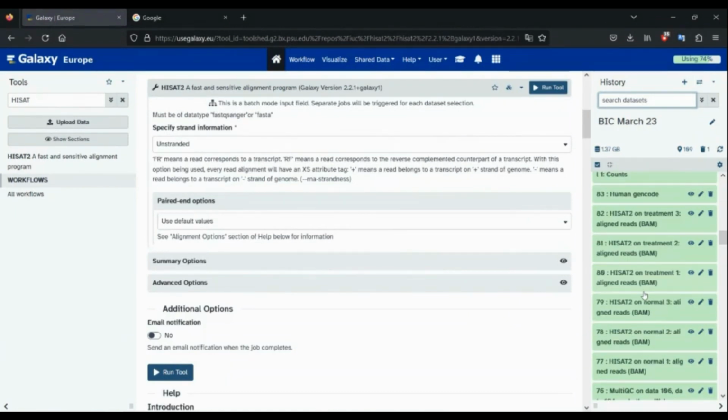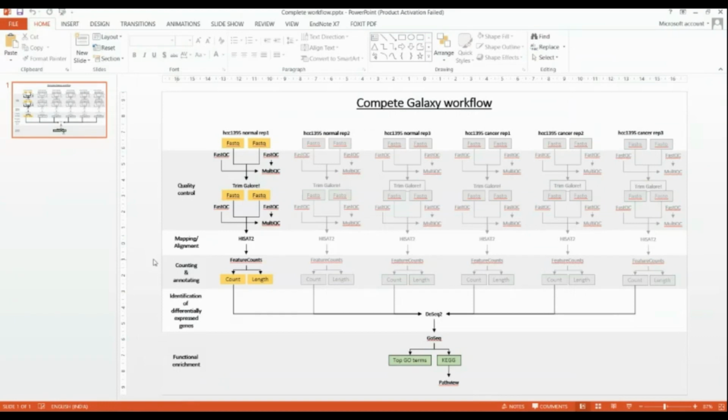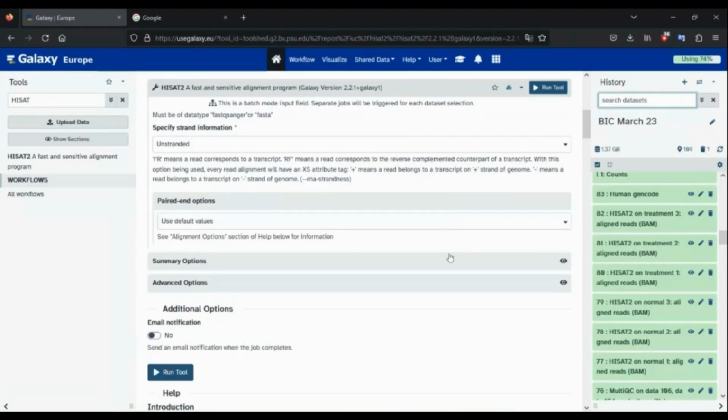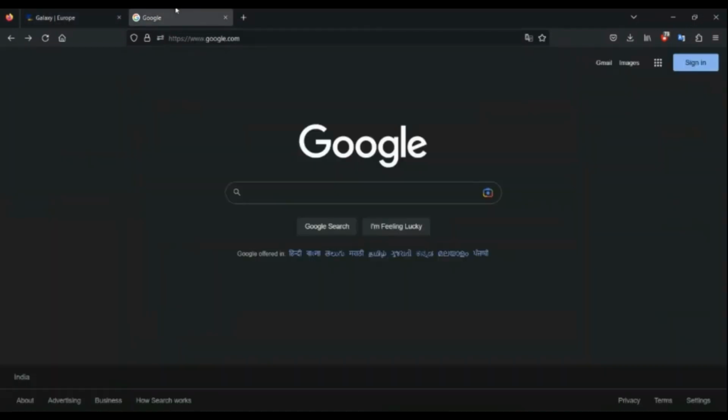While the data is still running, let's do something. We know that with the next step of the process, we're going to be counting and annotating the reads, right? So we need a GTF or a GFF file to do that. Mapping is just a single step process. Now for counting, however, Galaxy does not provide the GTF file for the reference. So we'll have to manually download it on our own. While the data is running, we're just going to open Google,